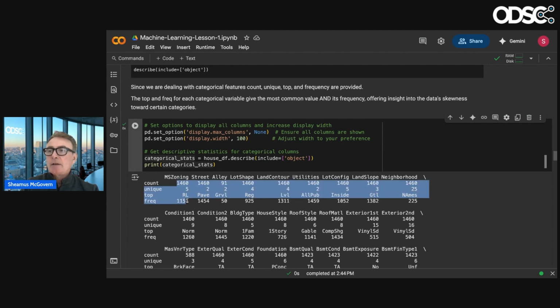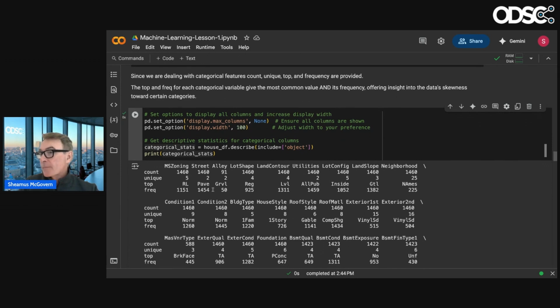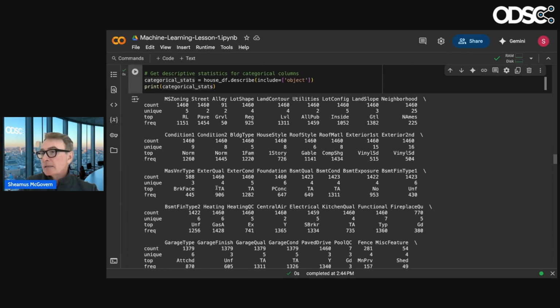So you can see right now, I don't know what RL means. Again, I assume it means residential. So this is a good data set for predicting residential, but not for non-residential or mixed use or something like that. And we also got different types or whatever. So again, data profiling: look at the data and say, if it's not residential, should it be in the data set? This is paved or not paved, I guess.